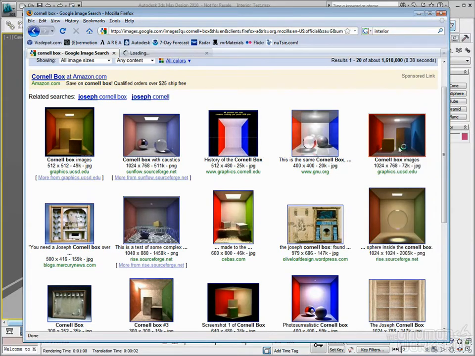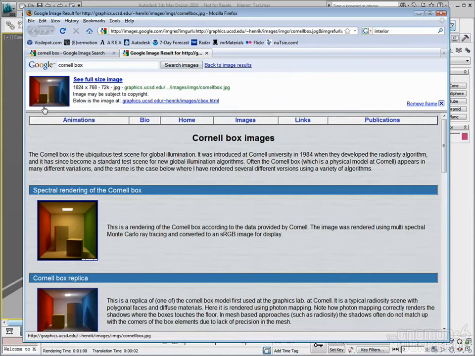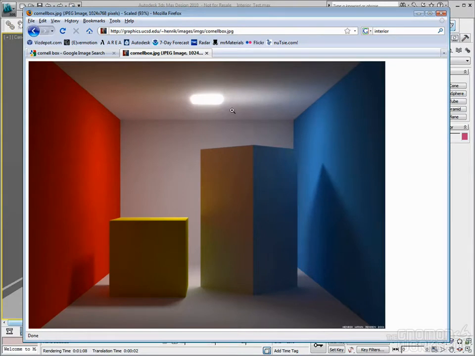But if I open one of these up and take a look, what you see is as the light is bounced around this room and travels throughout the areas of this room, once it hits something, it picks up some of the color of that object and transfers that light energy to other areas of the room. Now, even though this is a naturally occurring phenomenon, it can cause problems when you're trying to create a specific